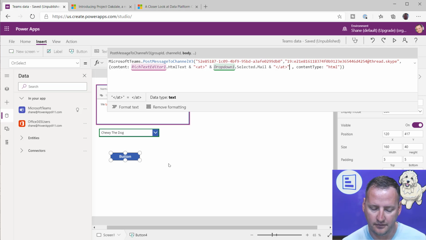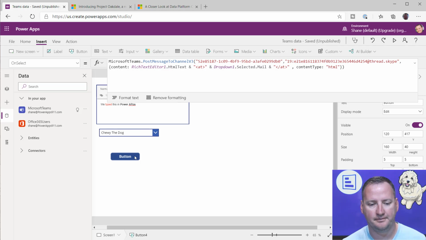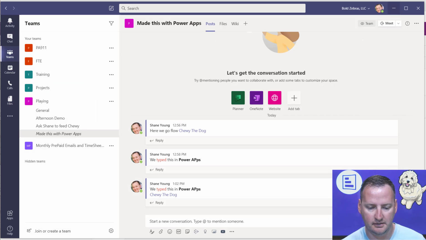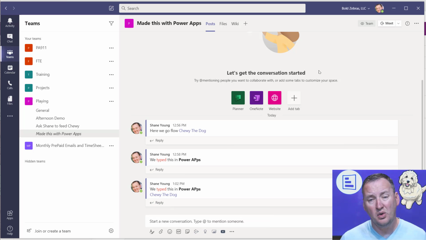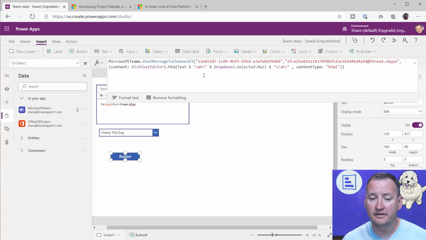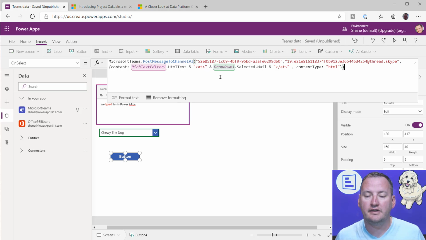And so then now if I press the button, let's see what happens. We'll switch back over to our team and look at that. We added Chewy, right? So that's nice and powerful because this is showing your users selecting who they want to